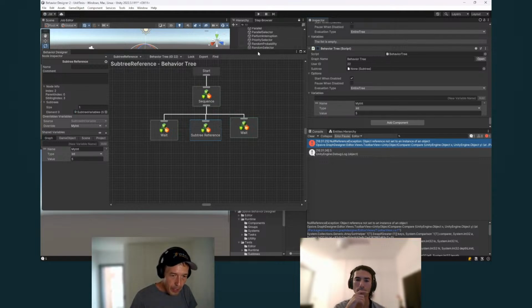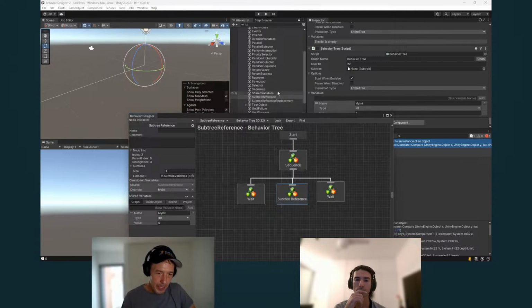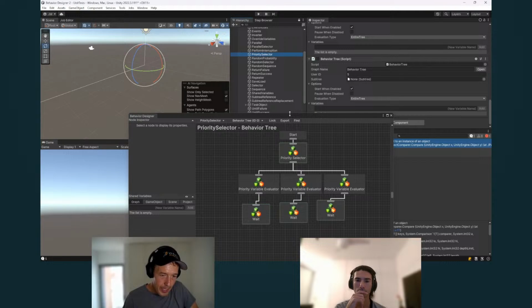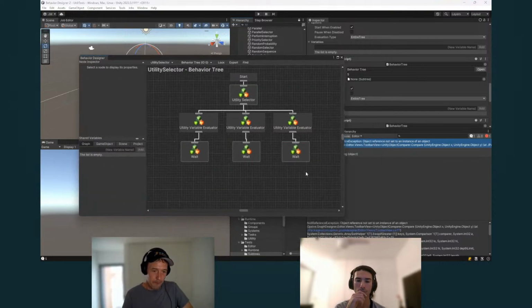So what I was going to say is that, kind of related to sharing data, there is the priority selector and then the utility selector. Both of these tasks need to share some type of data because they are getting the value of a child task. You'll notice here that this utility selector is very similar to the utility selector in the original